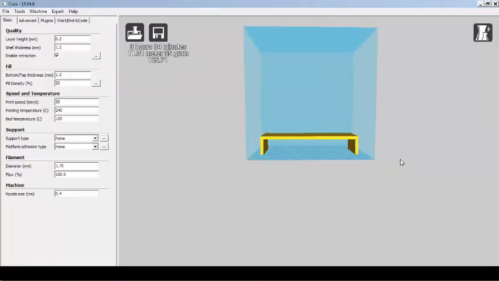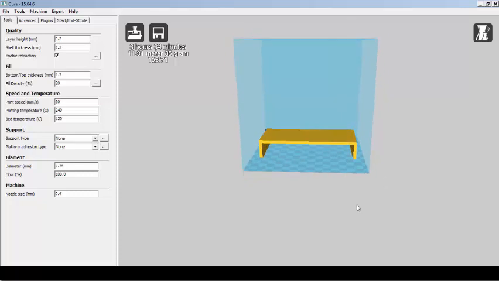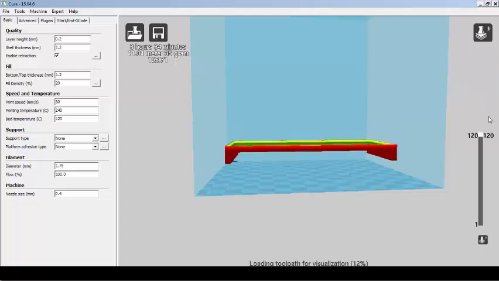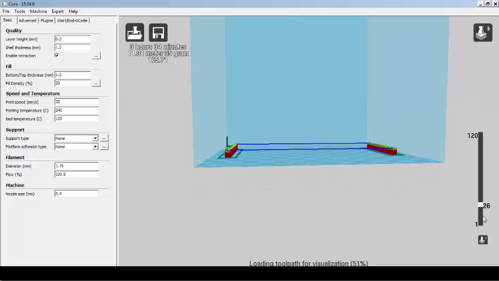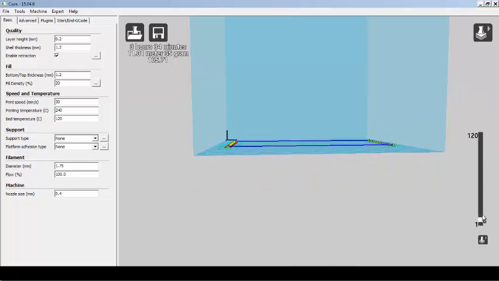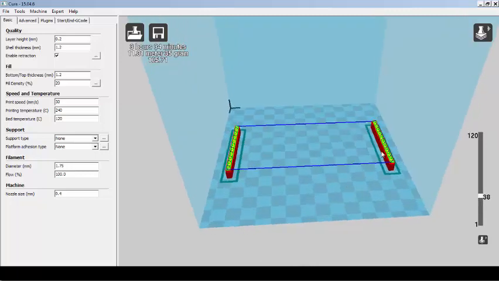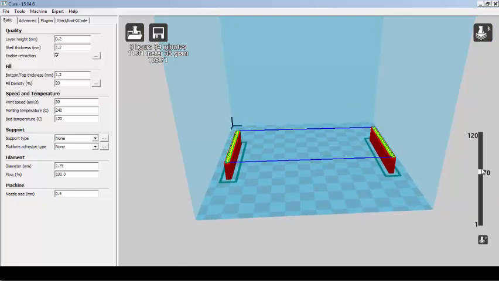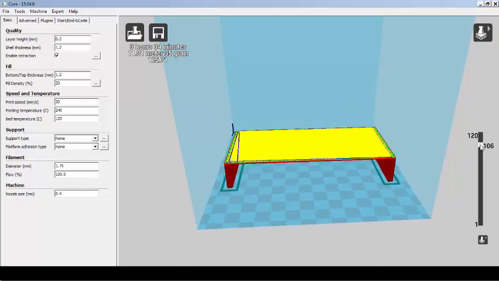Let me again take the example of this table. Now if I am adding material at these legs, there is sufficient support, that is a table. If you are considering this as a table on top of which I am trying to build this component, and I am adding material in this region, at the bottom there is no issue. As I move upwards, and if I am adding material in this region and in this region, there is no problem.